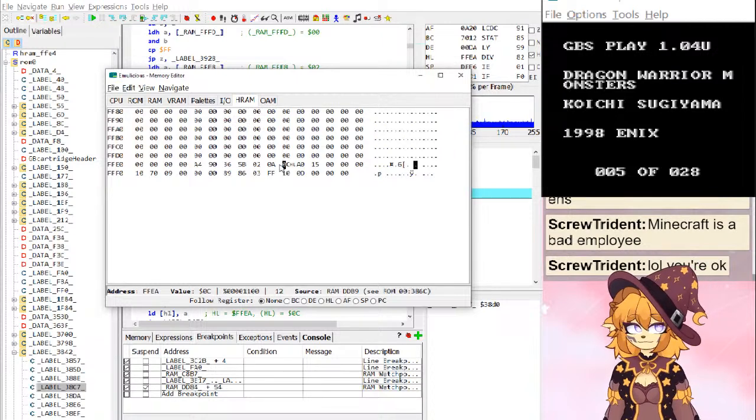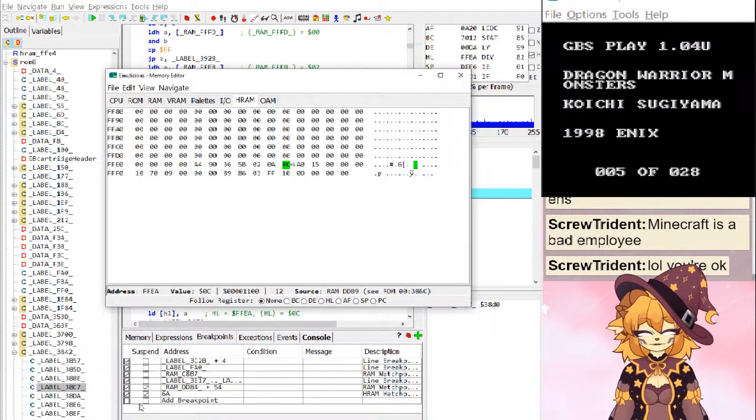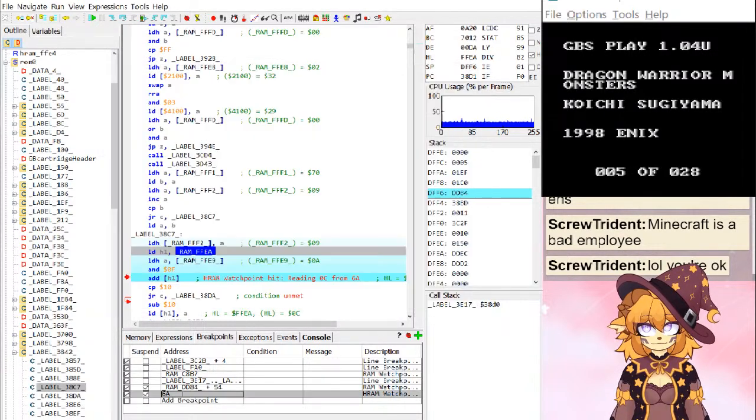Does this ever break the one? You know what? I think I can do conditions. So let's toggle this watch point here. But we want a condition. I don't remember the condition syntax, but I think we